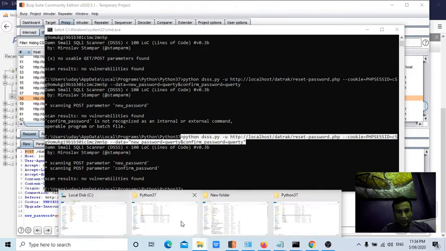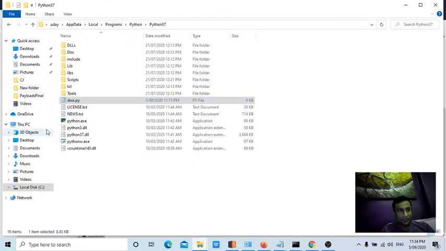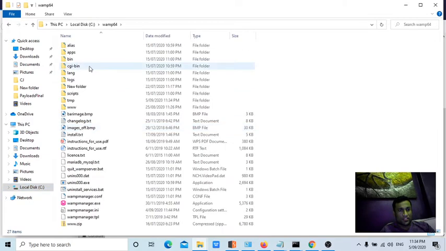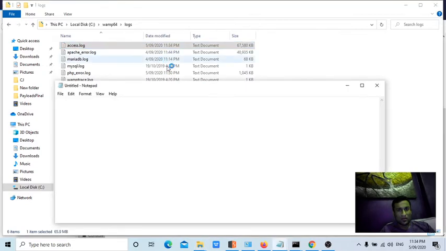So let's go to the website, guys. C folder, C drive, WAMP64, logs, access.log. Oh my god, I need to delete this. 67 MB.